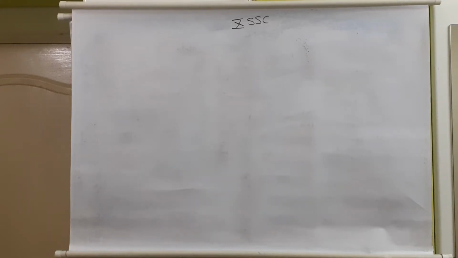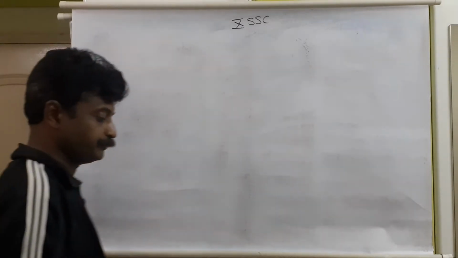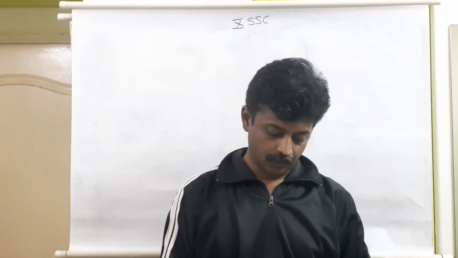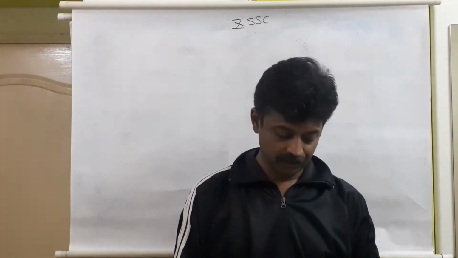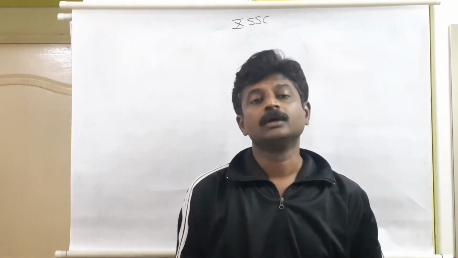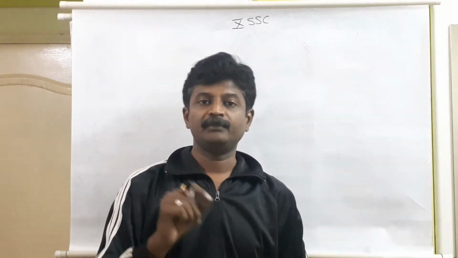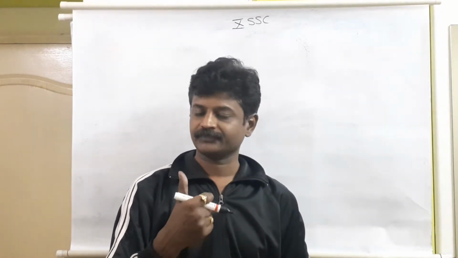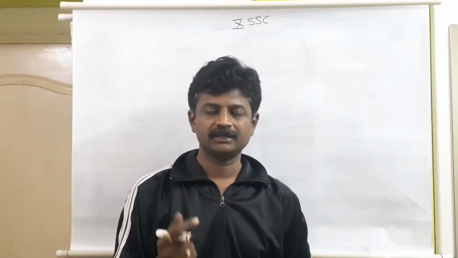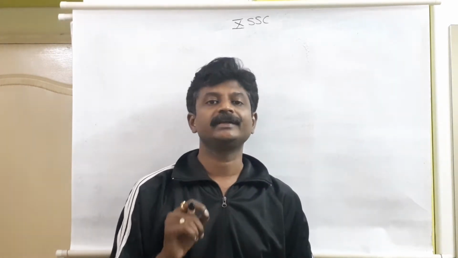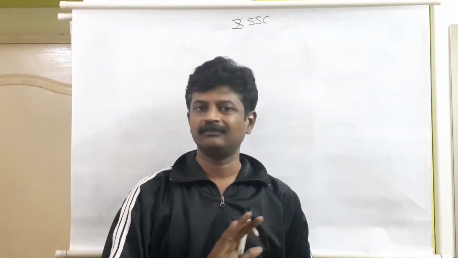Good day, friends. We were discussing the second central tendency, that is median. In the previous video, we have seen the solved sums on page numbers 142, 143, 144 based on median. Before that, we have seen mean by three different methods: direct method, assumed mean method, and step deviation method. In the last video, we have seen median. For median, only one method is there, only one formula.